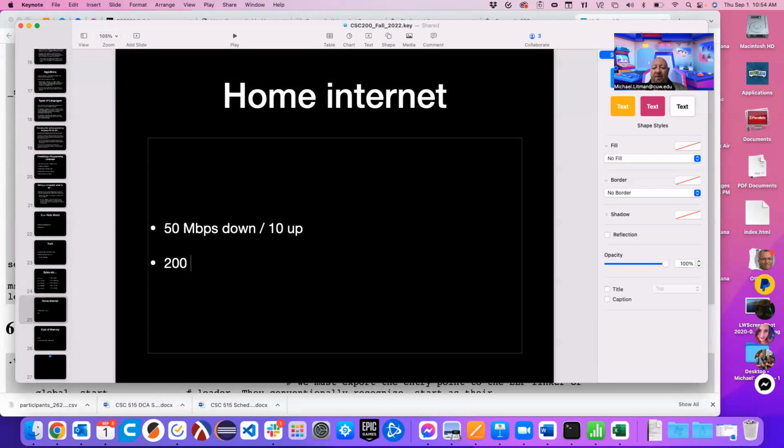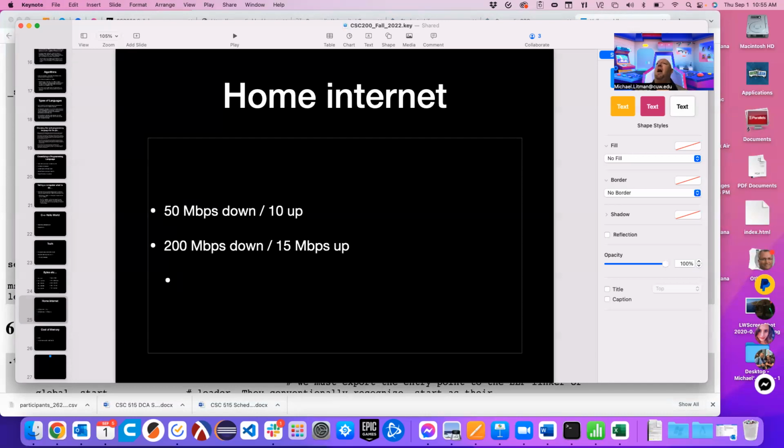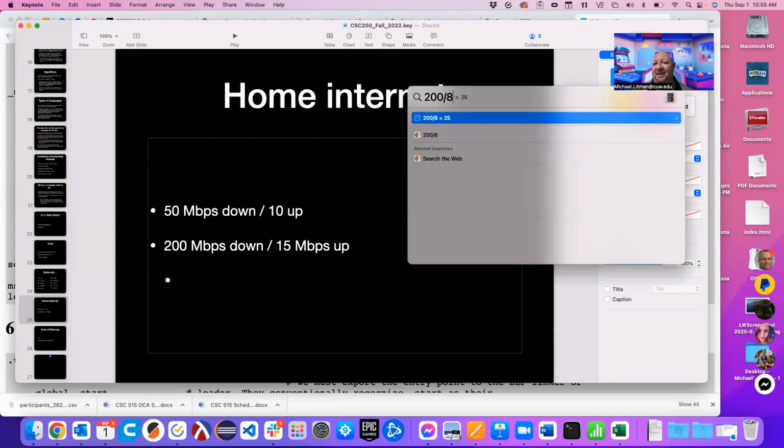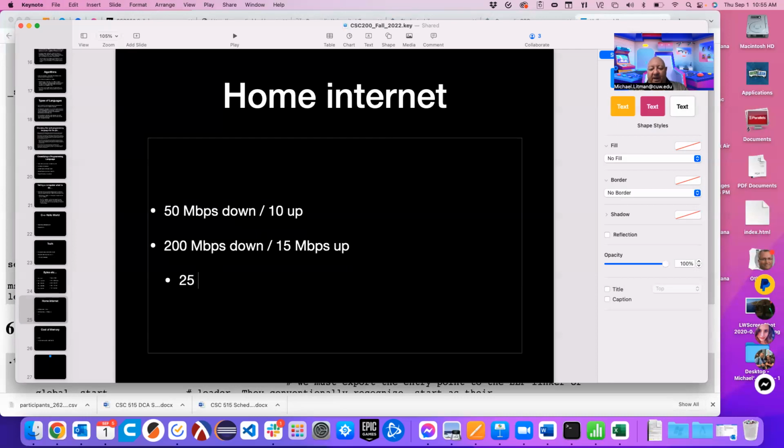So typically cheap Spectrum internet in the Milwaukee area is 200 megabits down by, I don't know, let's just call it 15 megabits up. The up doesn't really matter. We're just going to call this 200 megabit internet. A lot of people translate this as, oh, I get 200 megabytes per second. It's not. You have to divide the 200 by 8. So your maximum theoretical download speed is 25 megabytes per second. I took that 200 and divided it by 8 to jump to the byte column.